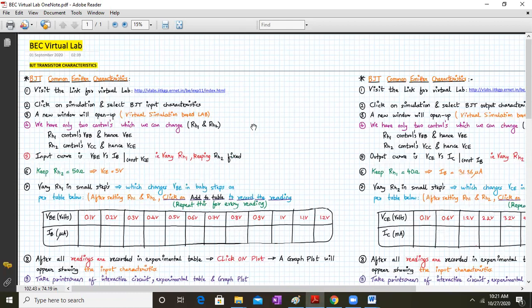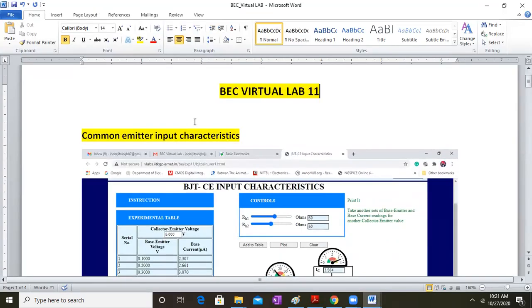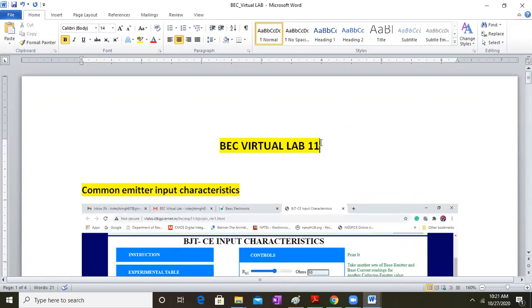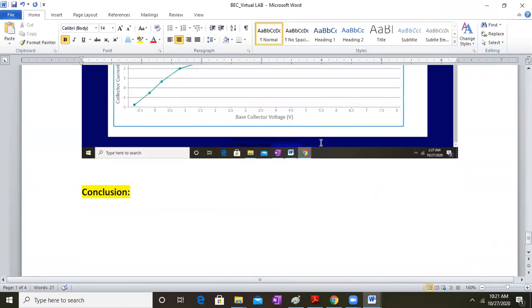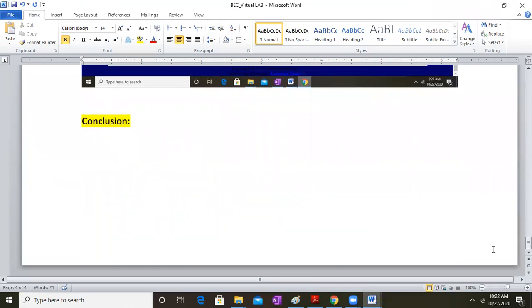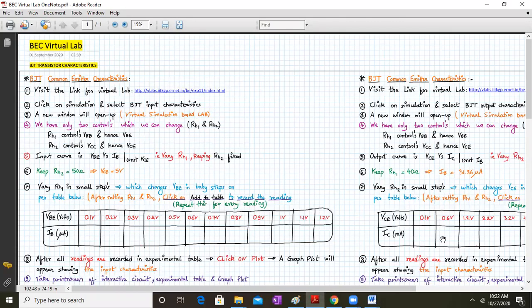Please complete this Google document and attach all the print screens on time. One more piece of information I want to give you all is that there is no lab write-up for this particular lab. Whatever print screens you add becomes your lab write-up. Once you label it properly, attach your name and your roll number, and write a meaningful conclusion, you download this from the Google document as a PDF, rename it properly, and that will be your write-up. Again, I repeat, there will be no lab write-up for this particular lab. I hope you will complete this on time.